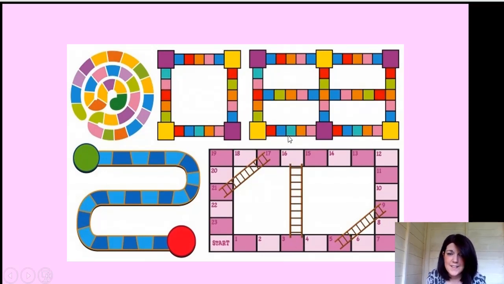And then here we've got some different versions, different layouts that you might want to use. And we've got snakes and ladders. So on the squares at the top of the ladder, you'd need something quite negative, wouldn't you? Like Coraline loses the stone, or the rat steals the stone, go back 20 spaces. Bit extreme, but I'm sticking to it. So go back 20 spaces until you find it, all right? Or here you might have Coraline is trapped in a room with the other father. Miss a go while you wait for him to leave. Okay, so those are the types of things I want you to include in your game.